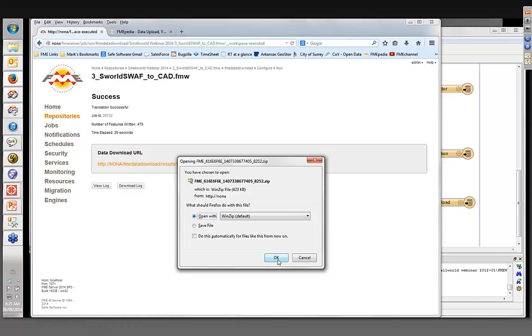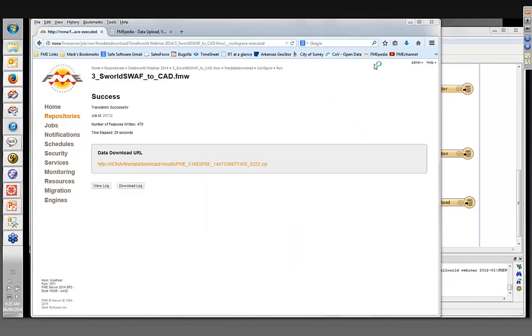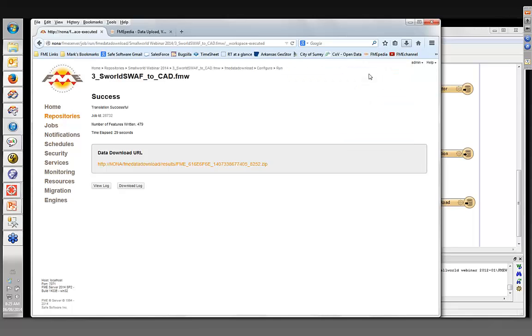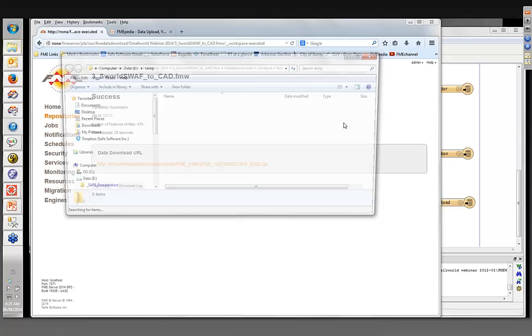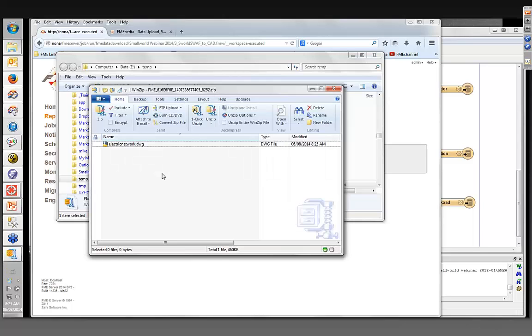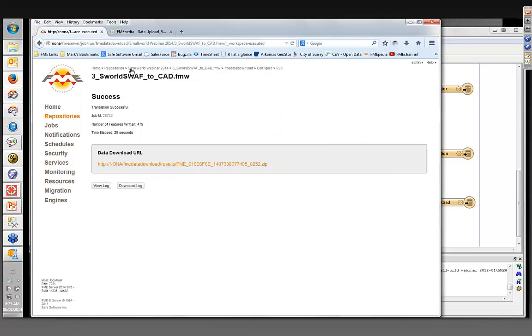And here we can see that we've got the, should have said open. Here we've got the zip file that contains that resulting AutoCAD dataset. There we go. So that's the downloaded AutoCAD dataset. Now, just going back to look at those parameters that we had there,